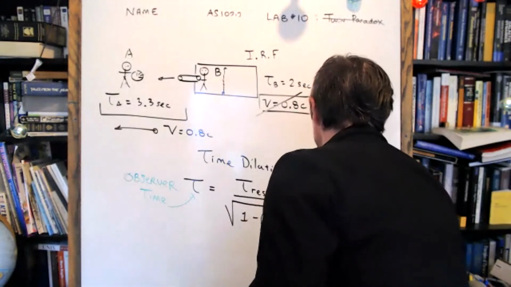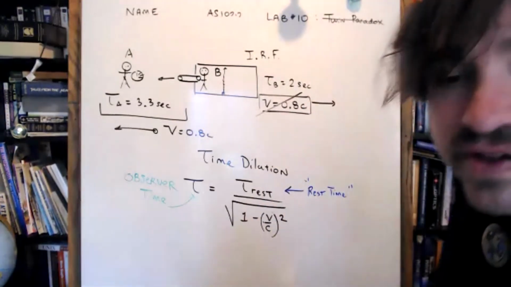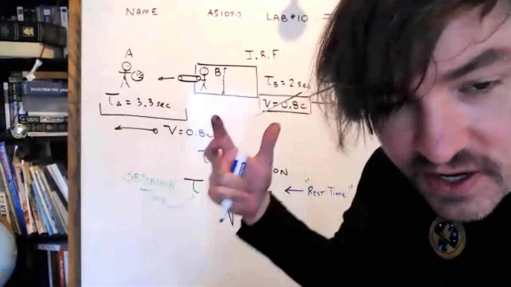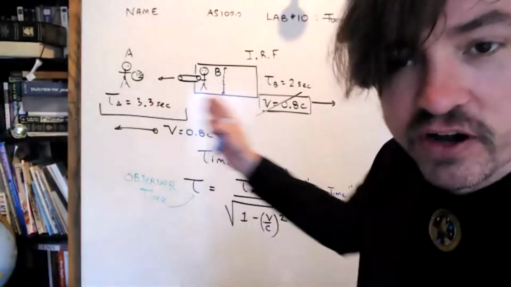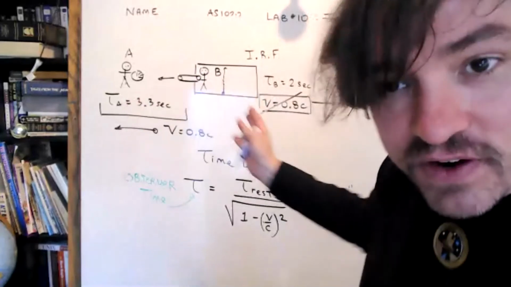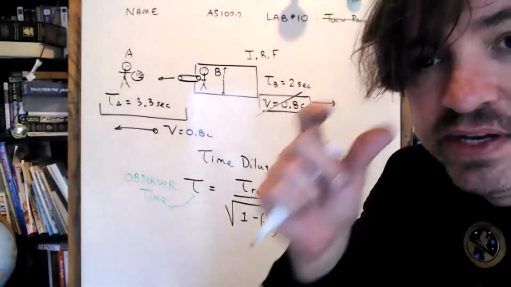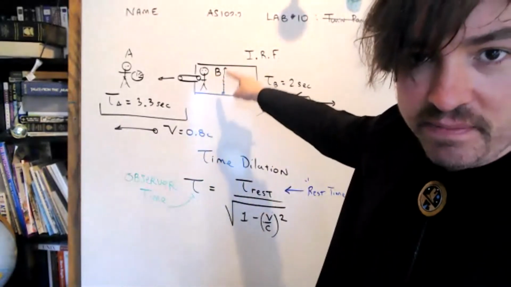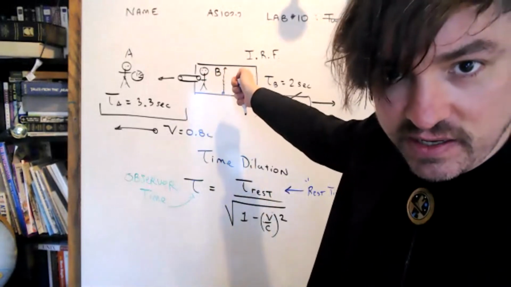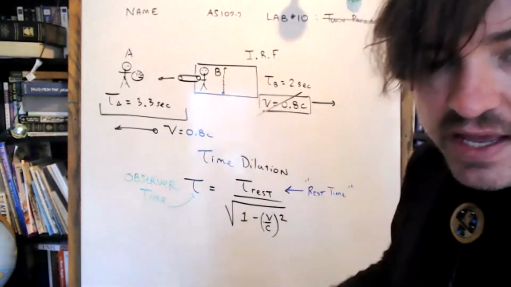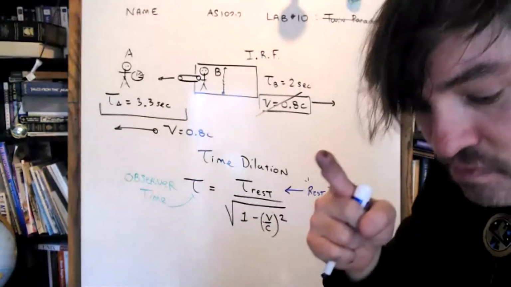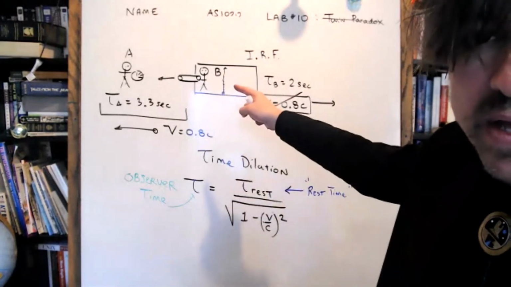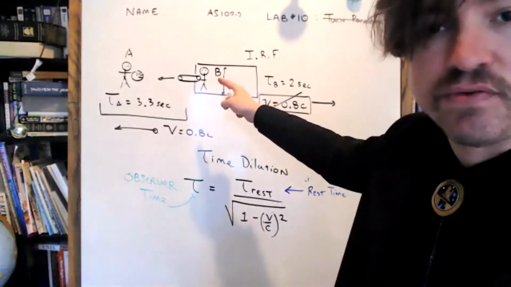But if you think about it, who is actually moving and who is at rest depends somewhat on your reference frame. Each observer can argue that they're at rest successfully. Each observer can argue the other one is moving. So here's how we define the rest time. Do you all agree that we started off by measuring the laser beam? That's what we were timing, correct? The laser beam was the event. In whose frame is the laser beam located? B's frame. In B's frame. Therefore, B is the rest time.